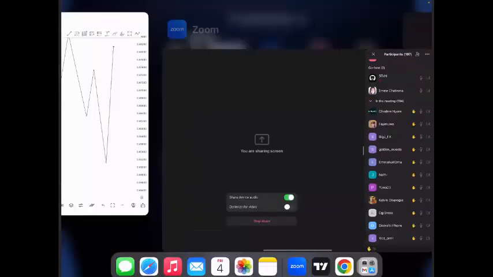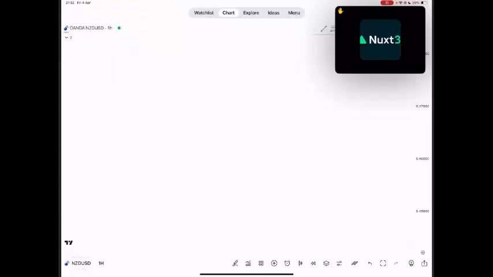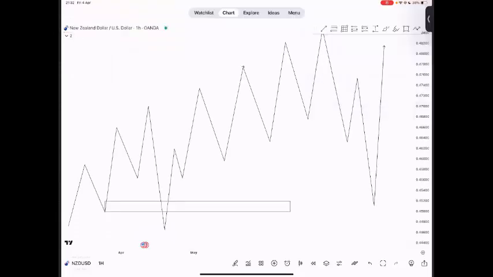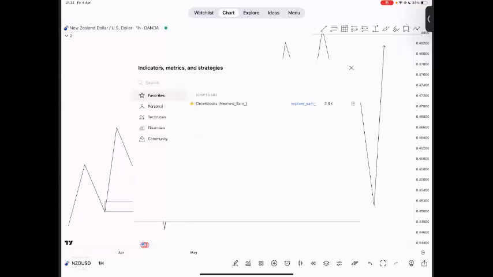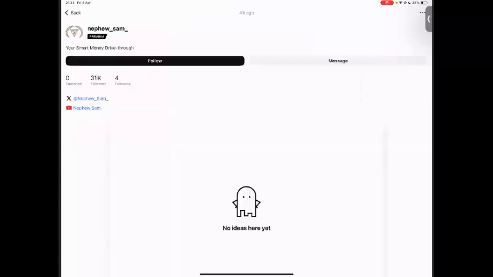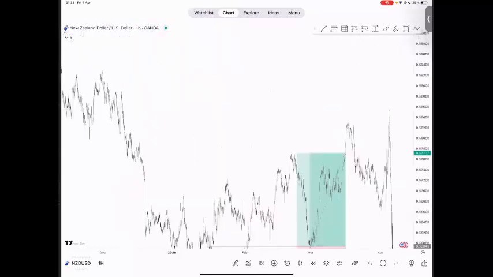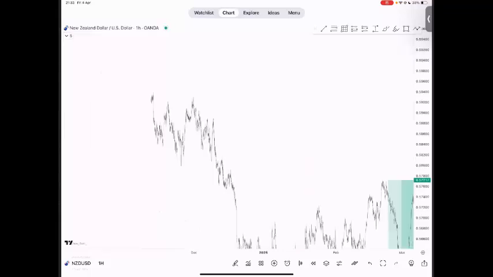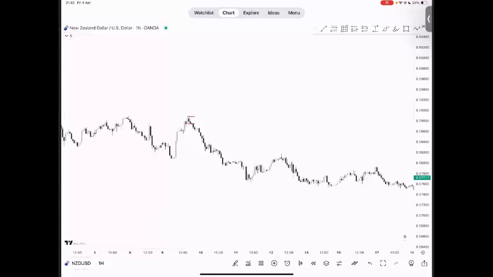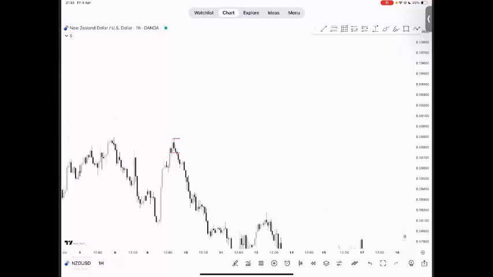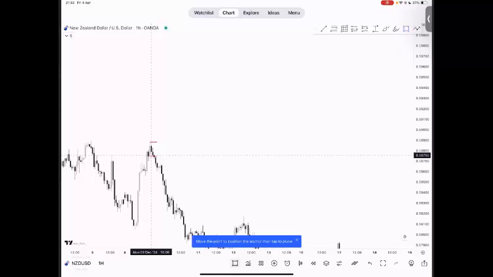I can hear you. The question is, will I say smart in a good way, right? Now here's what I want you to know. It's called the order block indicator by Nephew Sams. This indicator randomly maps out order block charts, do you understand? When you put on the indicator now, it's going to map them out. It's on now. You can see it mapped it out in red.